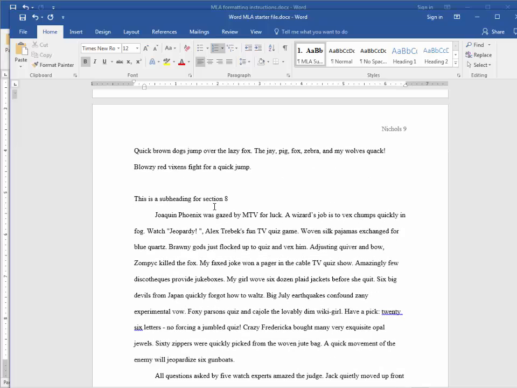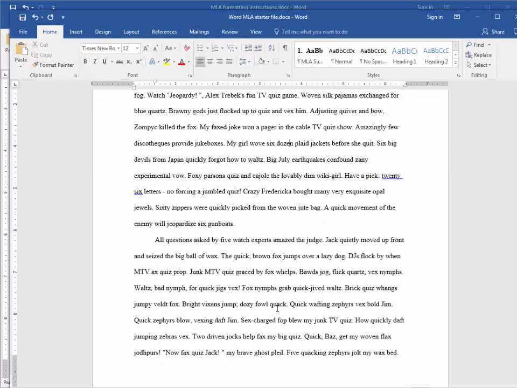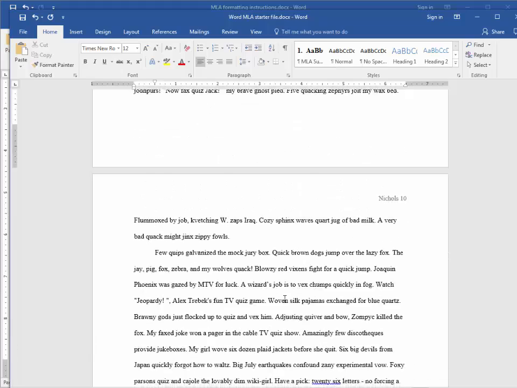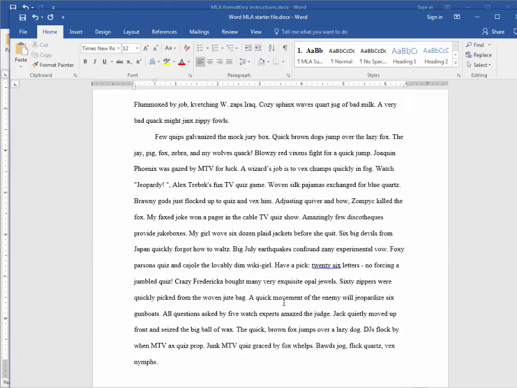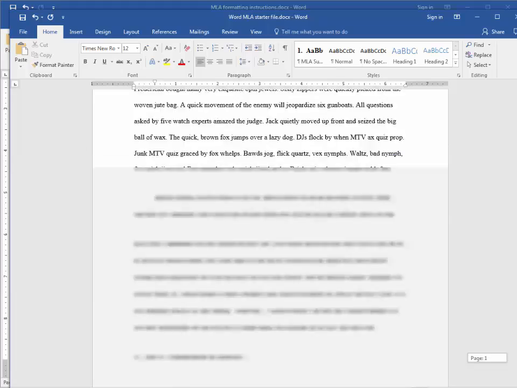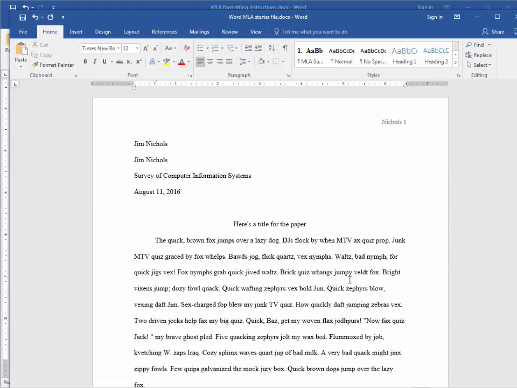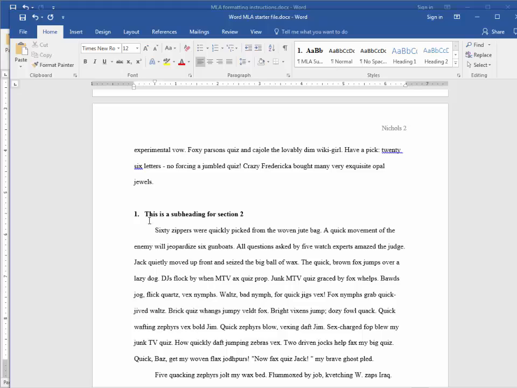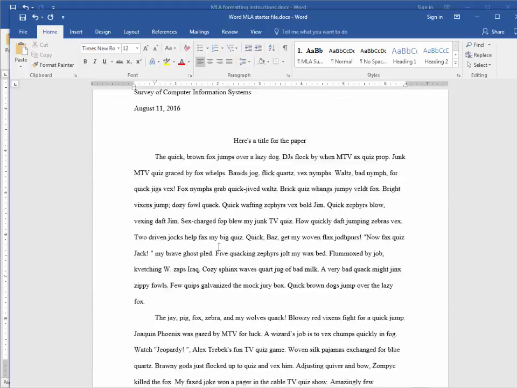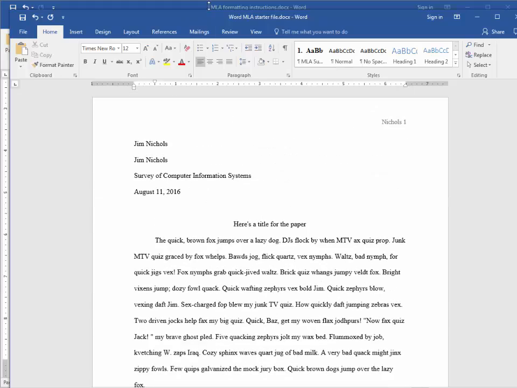Okay. Now you might say, well, why wouldn't I just highlight it and make it bold and whatnot? Well, you could. This saves you a couple small steps, but it also sets you up for the next set of instructions, which is table of contents. So that's the primary reason we're doing it this way. Okay, now if I pop back over to these